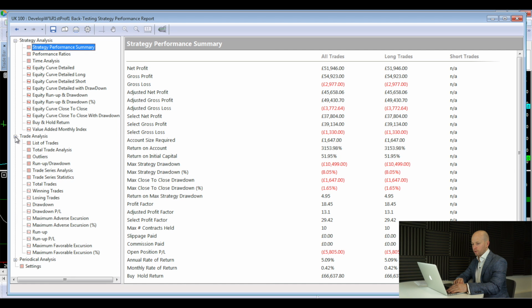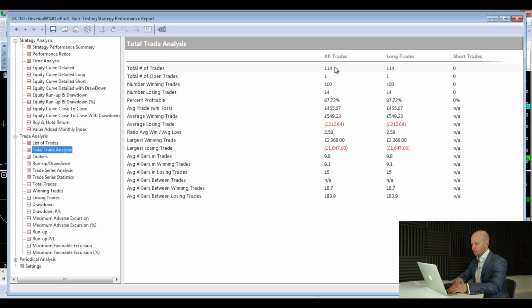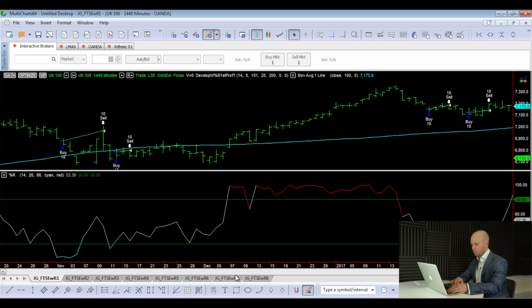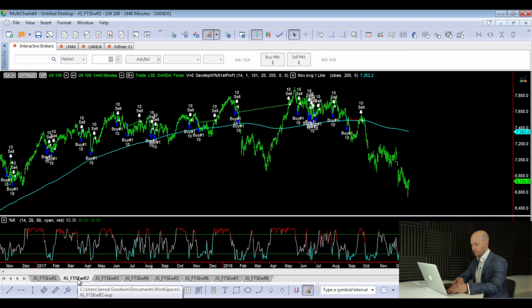If we look at the total trade analysis, it's 114 trades. We've got an accuracy or percent profitable of just over 87% profitable, and quite a large average trade at $455. This strategy isn't including costs, but even with costs, 455 is quite a big average trade. It's a very acceptable average trade. So let's move on to the next workspace where we're looking at our first filter to try and improve or